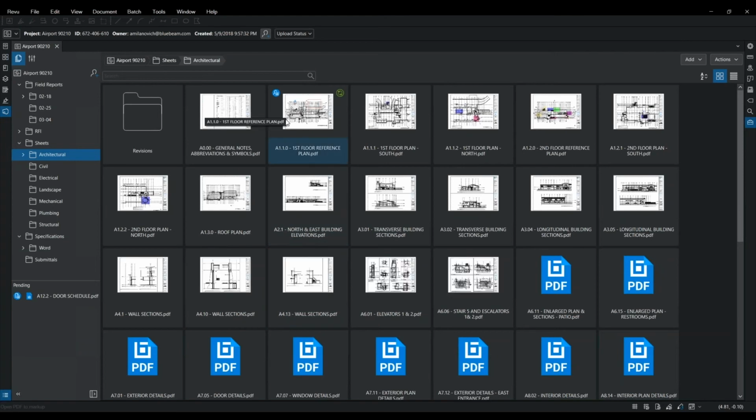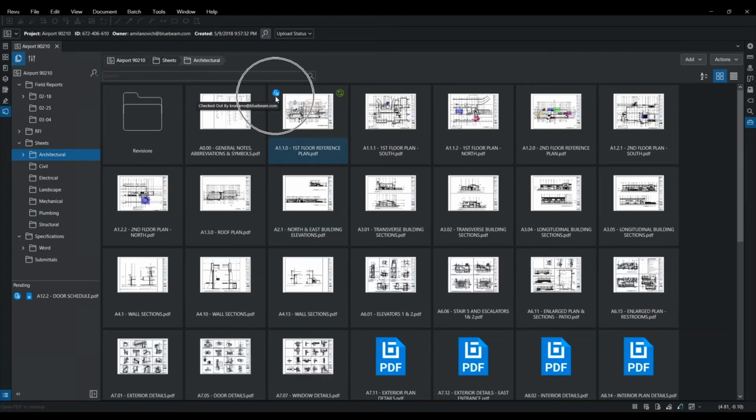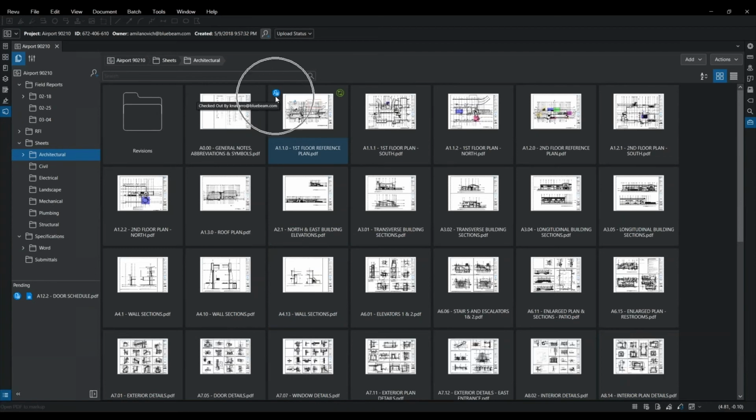A couple things I like to point out here as well. On one of these documents, you should be able to see there's this little blue icon here. That blue icon basically means that somebody else has that file checked out. So this is essentially like me going to the library, finding that spot on the shelf where that book should be, and that book's not there because somebody has that file checked out. They took that book home. What this means is that my coworker Kevin, that we're working on this project with, actually has this file checked out, which means this document is only available to me in a read-only mode. So I can open it and see the document, but I won't be able to see any of his current changes until he checks that file back in.